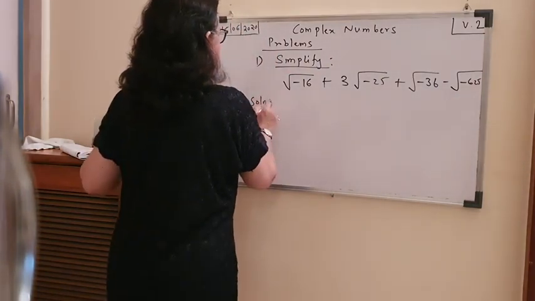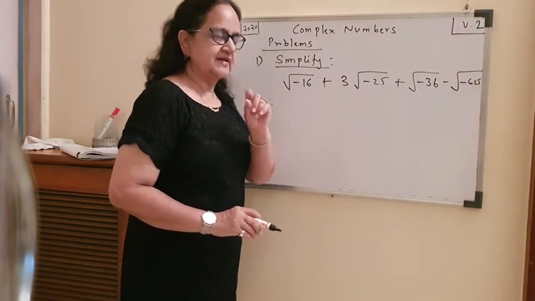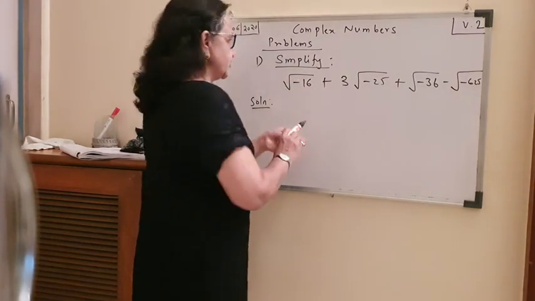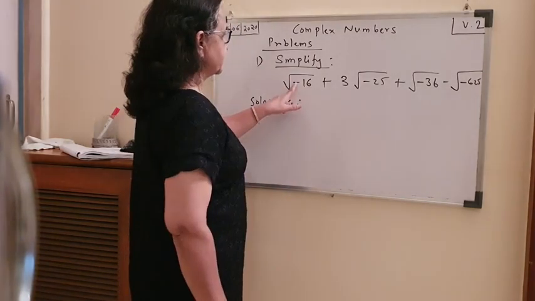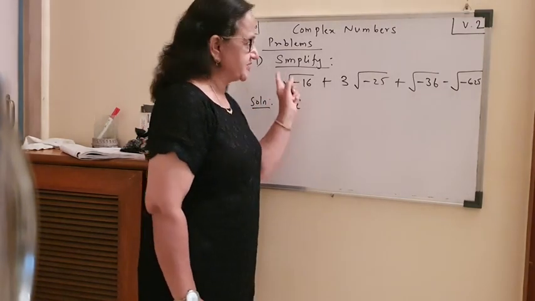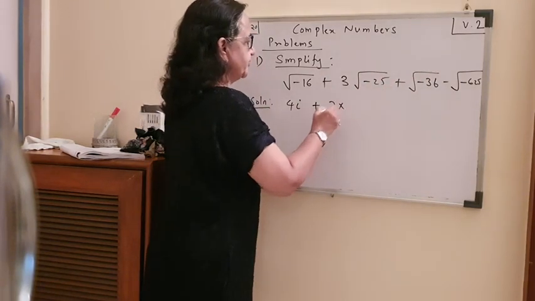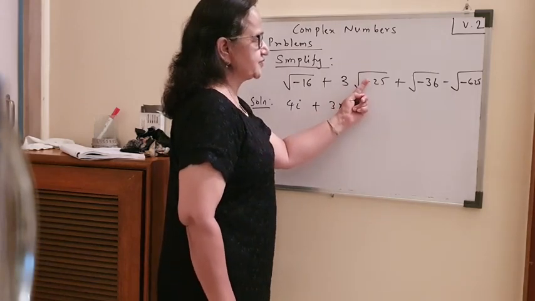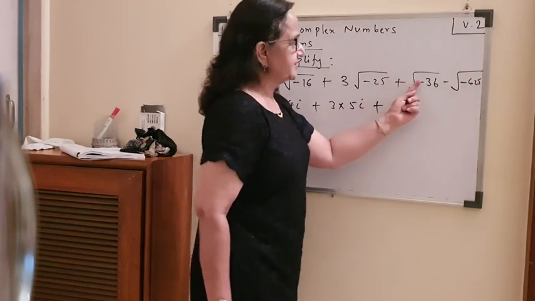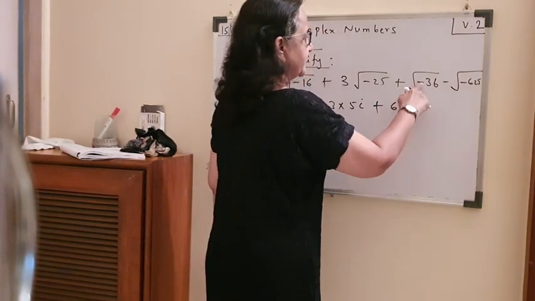Very easy. I told you, under root negative is always i. How to write the quick answer? For a minute, forget this minus sign. Root of 16, you know, is 4. So write 4 and attach i for this minus sign. Ideally, square root we normally write plus or minus, but for practical purposes, when we solve, always take the positive square root. Plus 3 into, forget the minus sign, 25. What is the square root of 25? 5. So 5 and attach i. Plus, forget the minus sign, 36. What is the square root of 36? 6 and attach i for this minus sign.